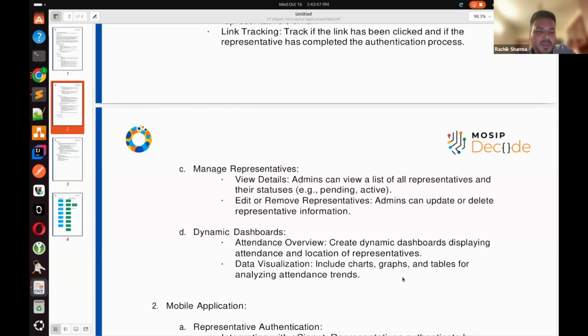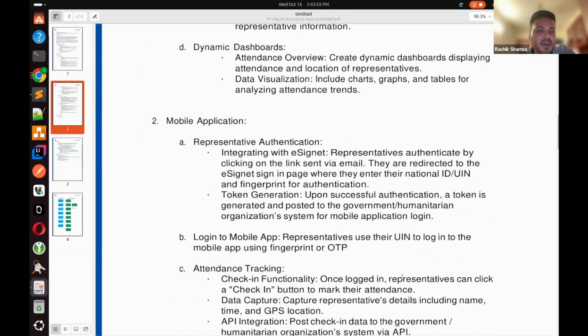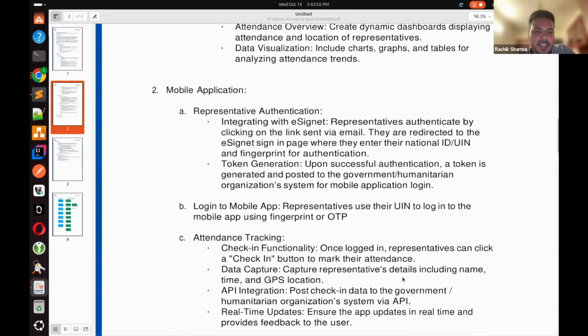Then the second part of the problem is we have to come up with a mobile application as well. This mobile application will be used by representatives and will integrate with eSignet. When I was talking about generating the authentication link for representative onboarding, this is the application where the representative will click the link that they will receive in the email. They will authenticate themselves using the fingerprint, which is a biometric authentication, and they will use the national ID that they have, which is the UIN in this case. Using the UIN and the fingerprint, they will be able to authenticate themselves,